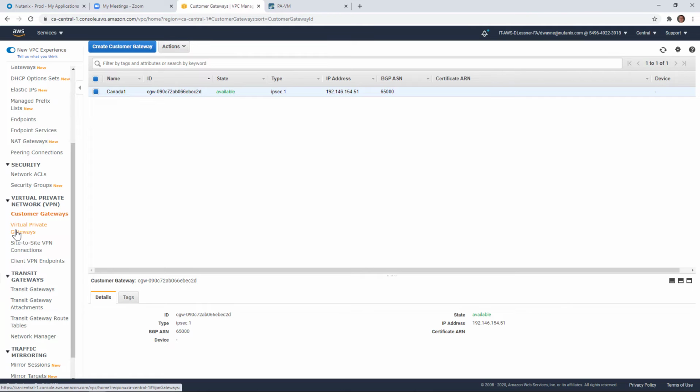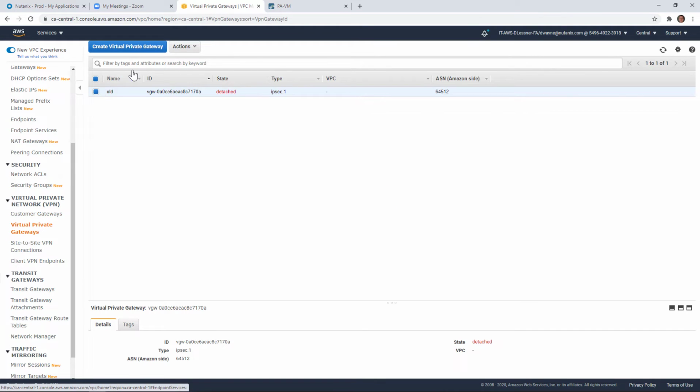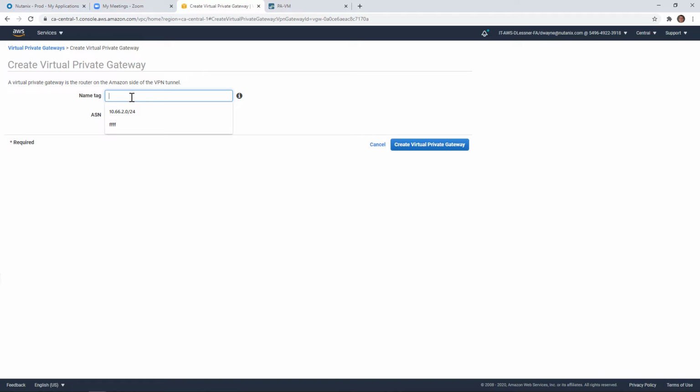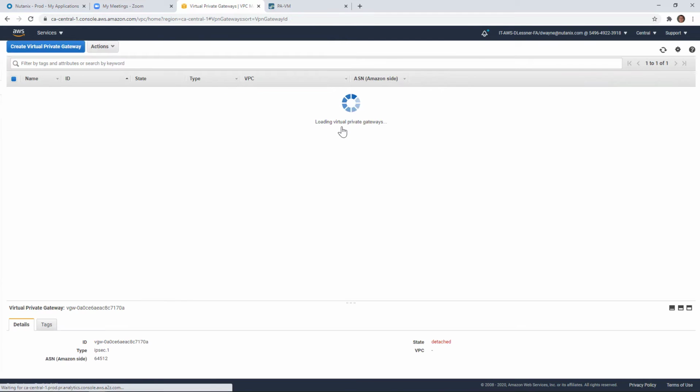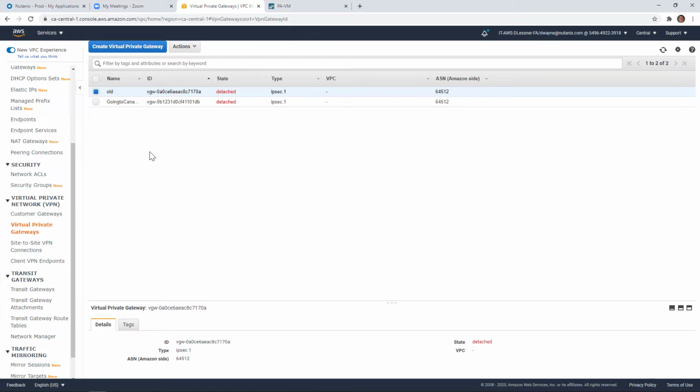And then we'll create our virtual private gateway. We'll create a new one. Going to Canada. We'll just use the default. We're not using BGP, so we don't really need an ASN anyway. Create private gateway. Close. And now we can make our